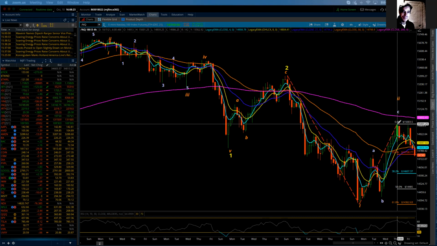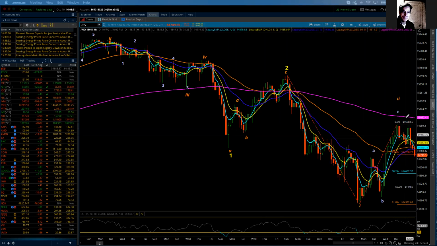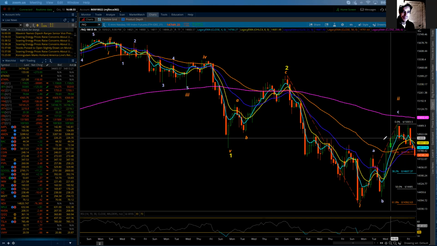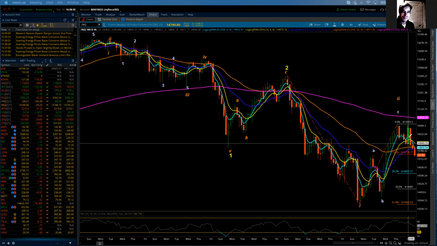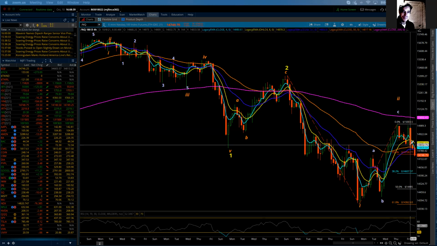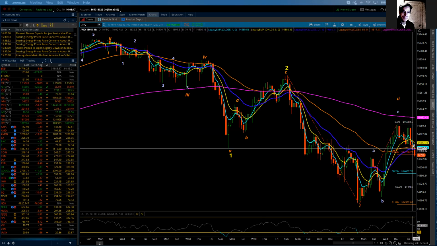So what this does now give more support to is the fact that the market never did put a challenge into the 200, now broke back below the 4 and the 8, and on Friday broke below the 50 and actually closed below the 50.